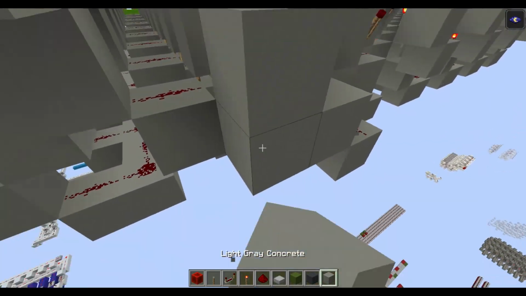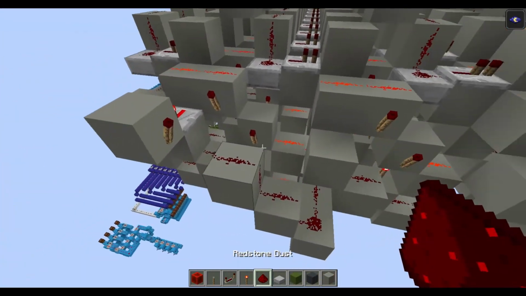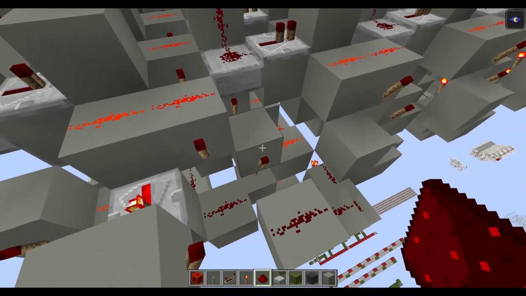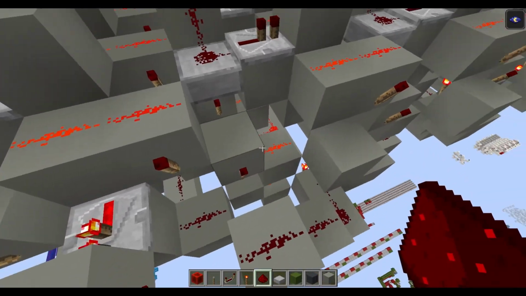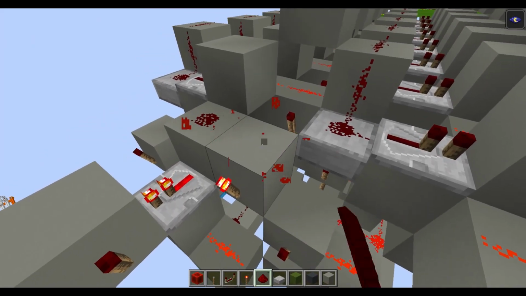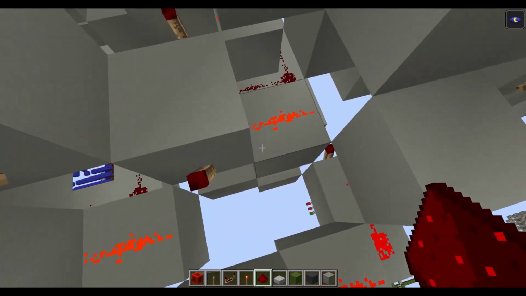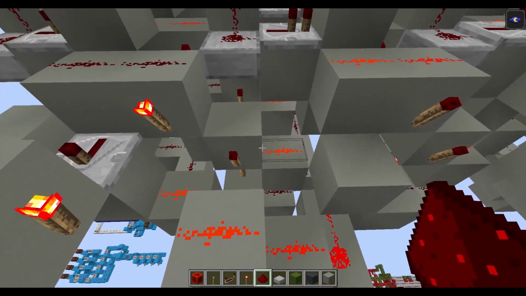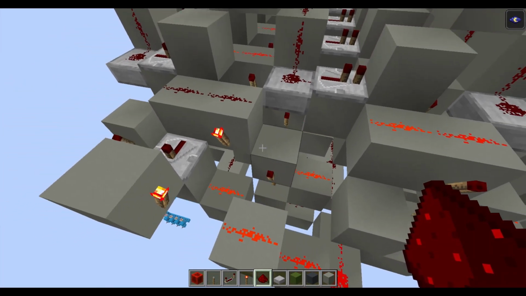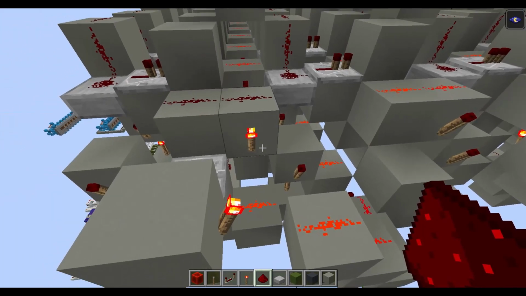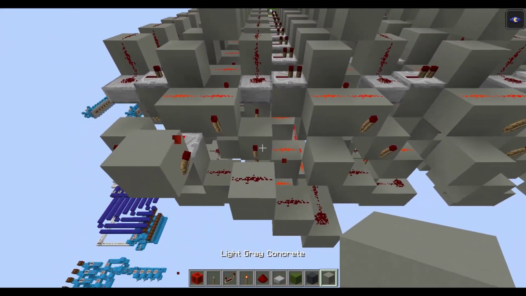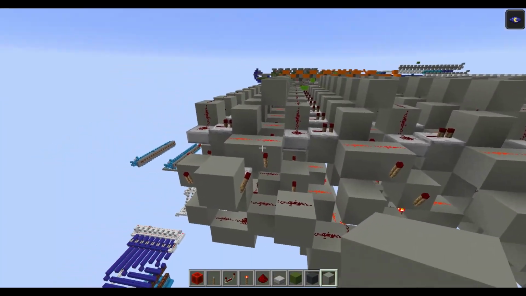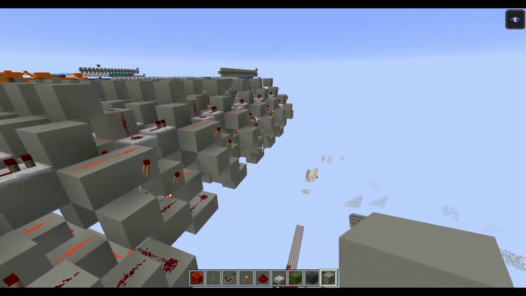Now we can connect this with the torch here. By default these torches are off, so the input can be read by the memory. But if we have a value here, then the torch turns off, the torch here turns on, and the signal here can't pass through this torch because this torch is locked. So that way we have the lock for the current cell of memory. So let's build this for the others.